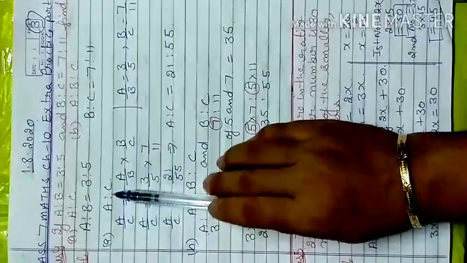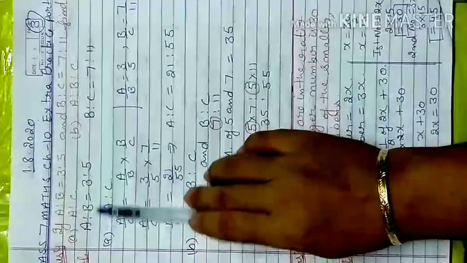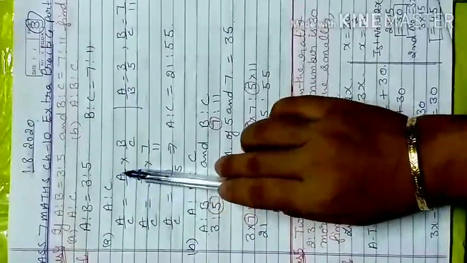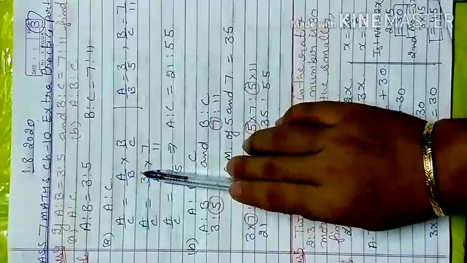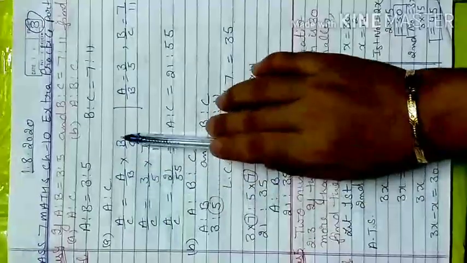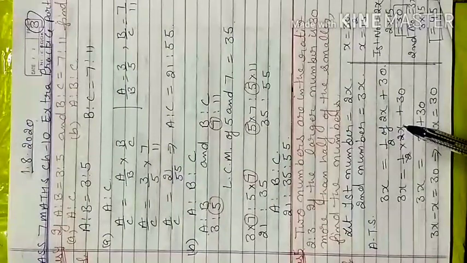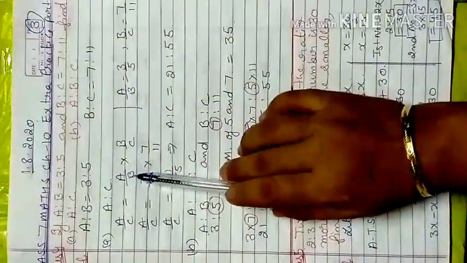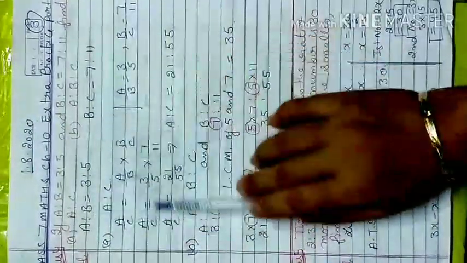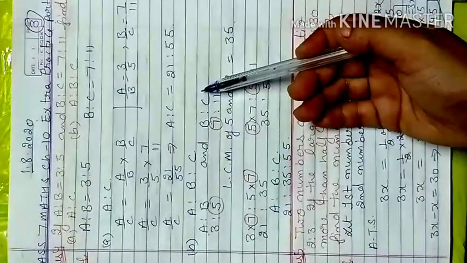So in the first part, if you want to find a ratio c, first you write in fraction form a divided by c. If I multiply the fractions a upon b and b upon c, then automatically b will be cancelled and a upon c is left. But here we need not cancel this b value, because we just apply the values here. So this is our imagination: if I multiply the left sides of these ratios, we will easily get a by c, that is, the fraction a by c.